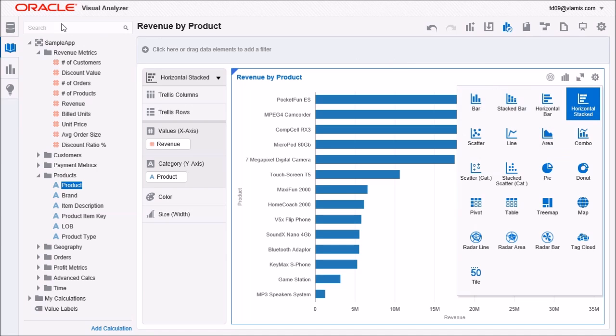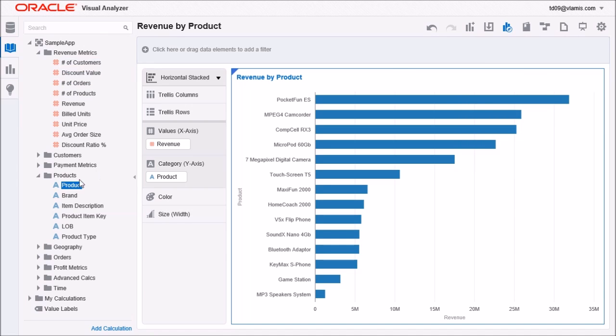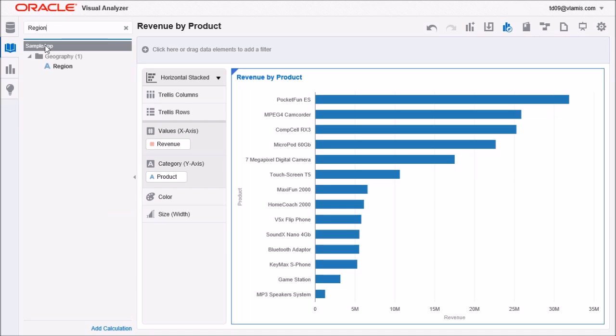If I want to then add region, I want to break this down by region as well, and let's say I don't know where that exists. I can use the search box to type in region, and it'll tell me, okay, that's where it is. So it's within geography. I can then click and drag over,